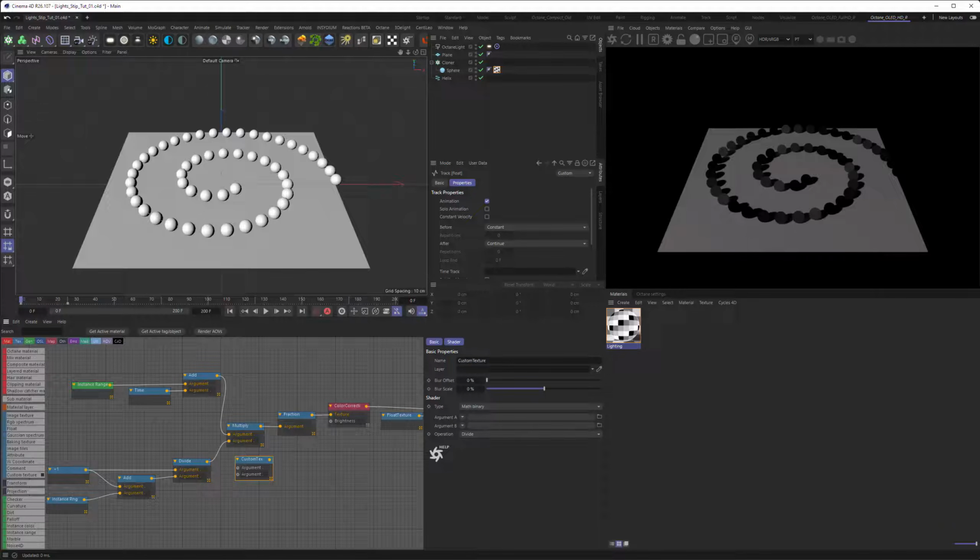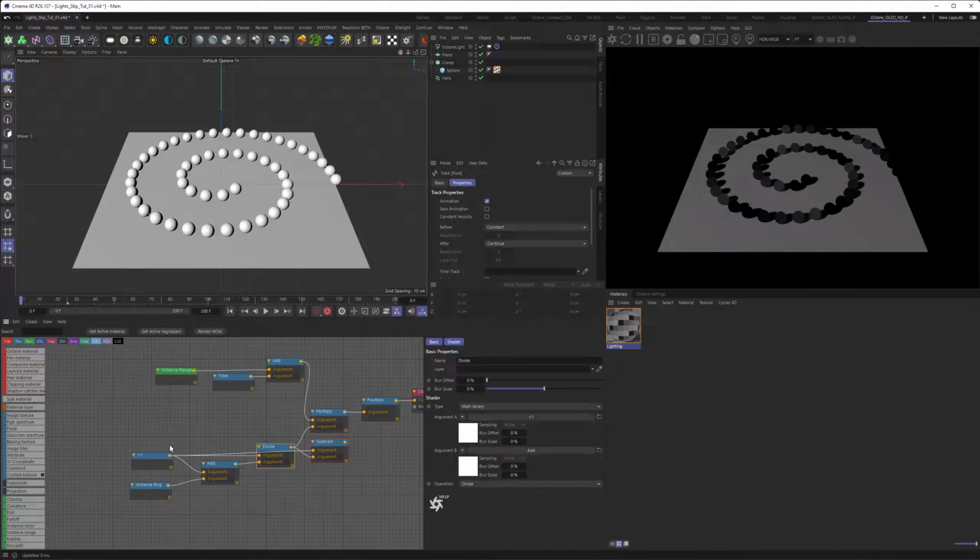So let's duplicate that node one more time. Go ahead, go to shader, call it subtract, and then also set it to subtract here, and then use this 1 value one more time because we want to subtract that value from 1.